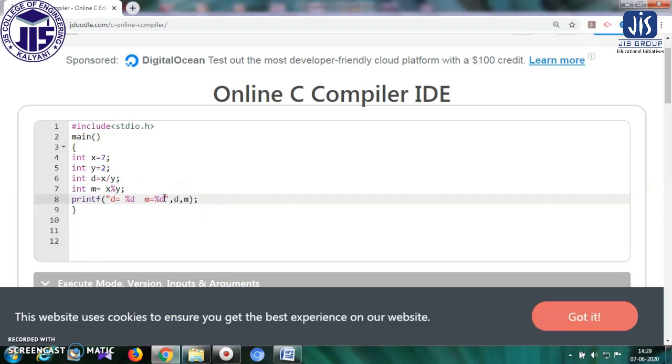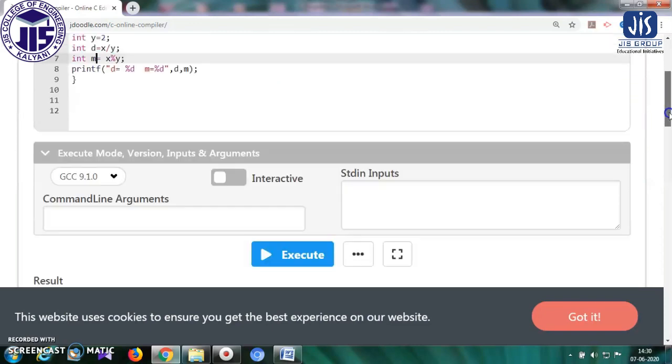This is my program that you can see. I have taken the variable x with value 7, variable y with value 2, and then I have taken the d variable for the division and the m variable for the modulus operation. So d is equal to x by y and m is equal to x mod y. Then I print the values of d and m. Now if I just execute the program,